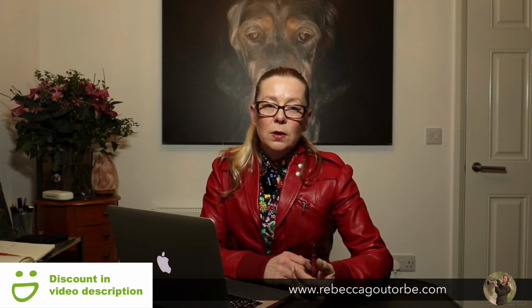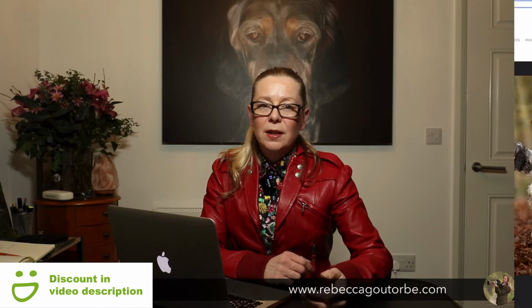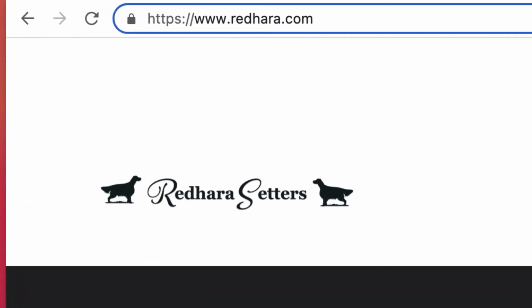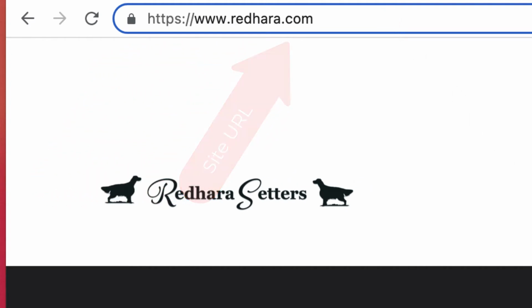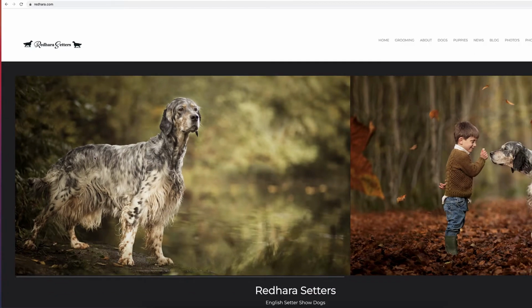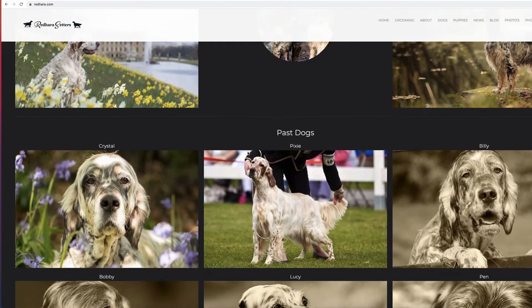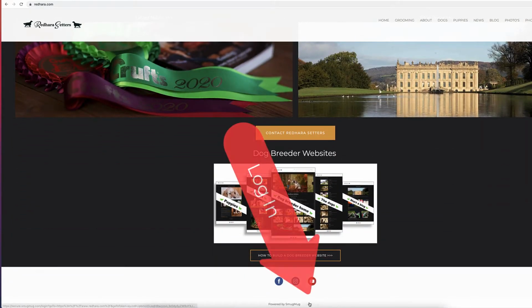So what you want to do is go to your SmugMug website. You'll need your web address or your site URL. If you type that into the browser at the top of your screen, that will take you to your SmugMug website. If you scroll to the bottom of your SmugMug website, at the bottom you need owner login,